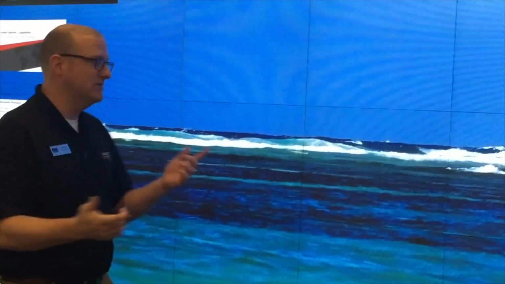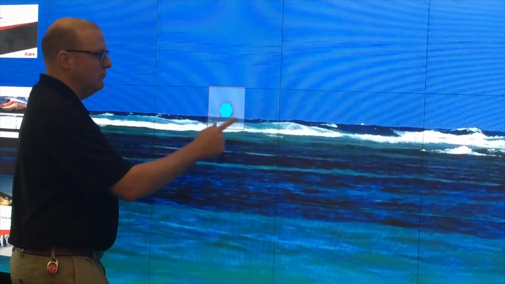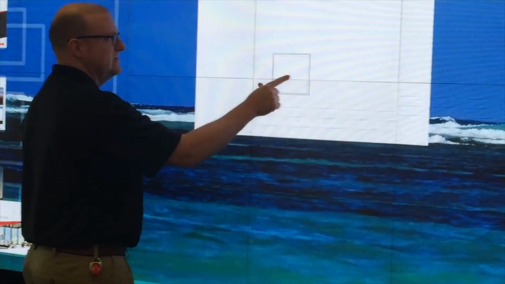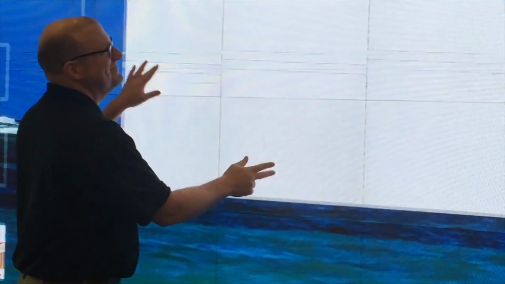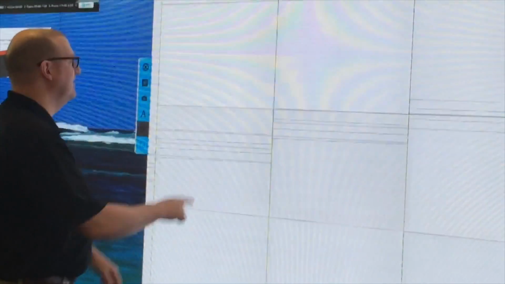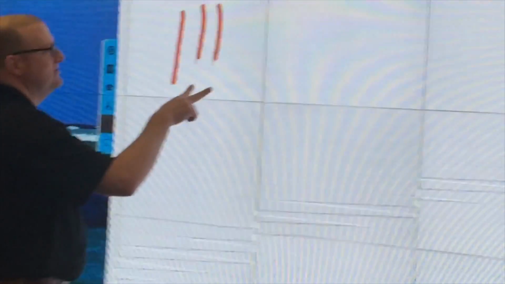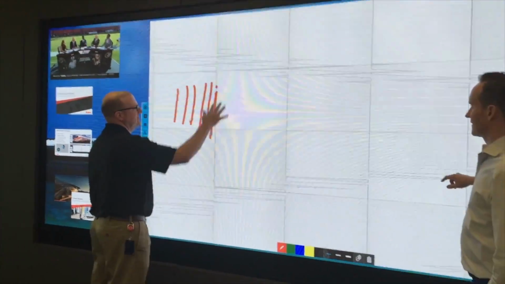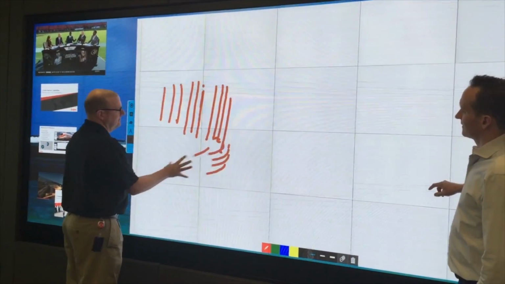What I wanted to show you was your iPad has 2 points of contact for pinching and zooming. But this technology is completely different. This has 32 points of technology. Love that expression. So if we maximize this and turn on writing, so there's 1, there's 2, 3, 4, 5,